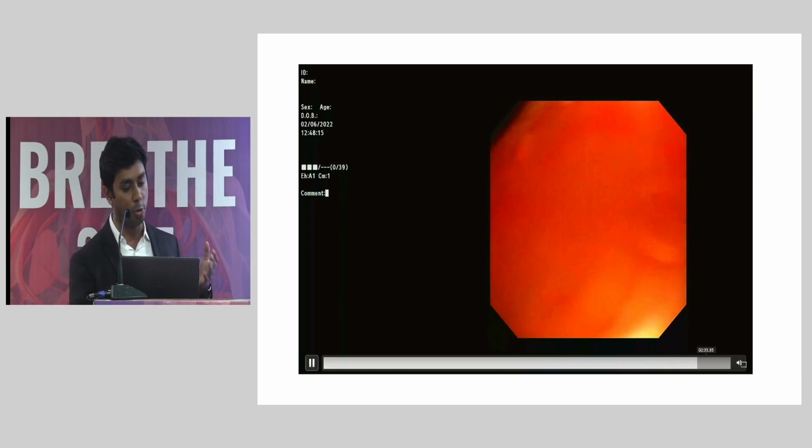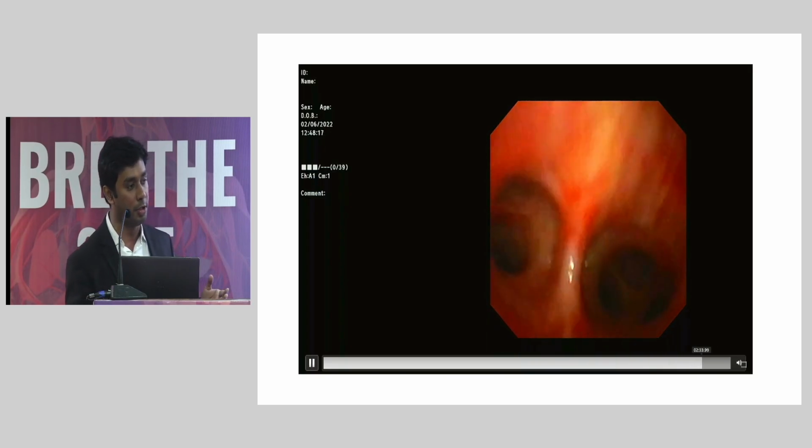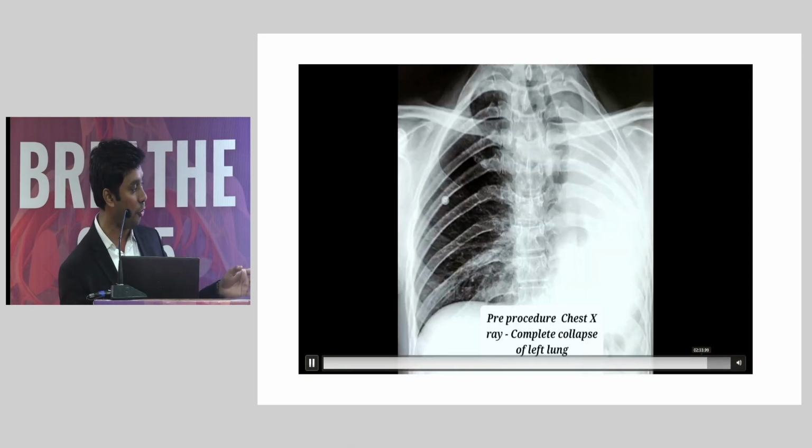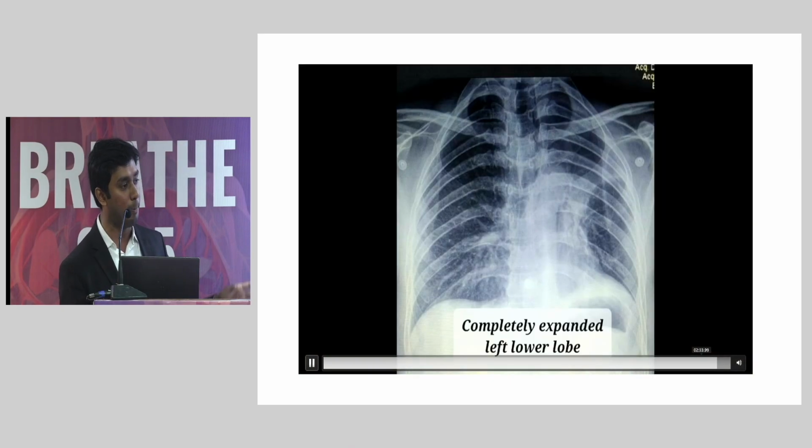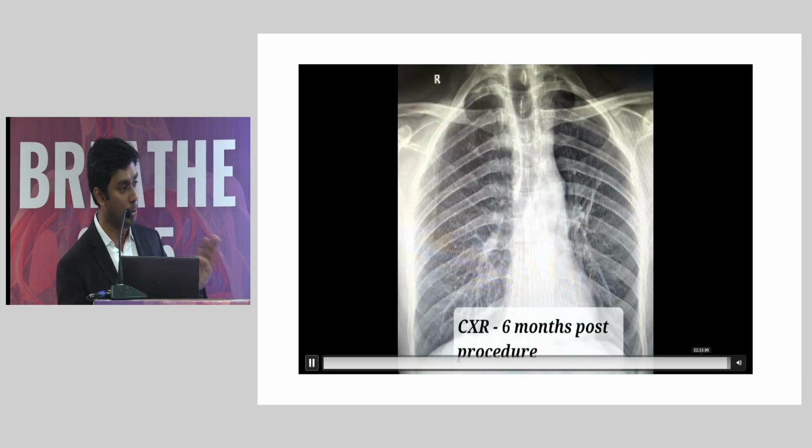But you will be seeing, to our surprise, this patient was extubated on table and his saturation was 94, with an X-ray looking like this. Immediately post procedure, there was a complete expansion of the left lung, and this patient is almost 2 years into follow-up. Now the patient has a complete expansion, and a patient who was considered to be oxygen dependent is now moving and doing all his activities by himself.